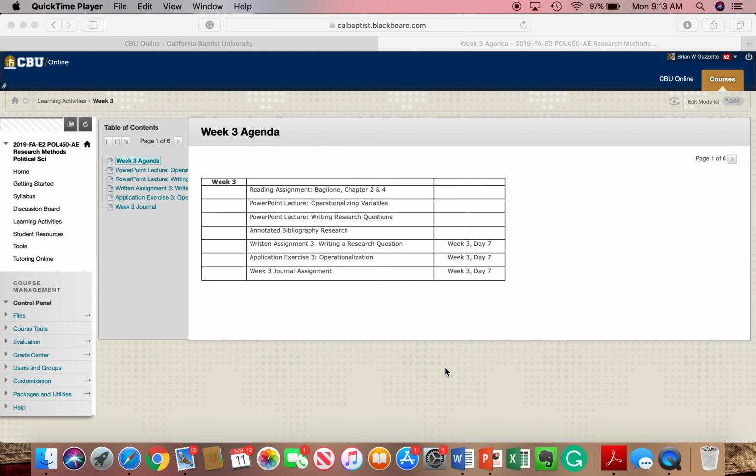As we talked about earlier, this is the foundation. If you put the time and effort this weekend into creating a strong research question, the rest is going to build itself very, very easily. If you have a weak research question, you're going to find that the rest of your project struggles. So we really need to apply ourselves this week.